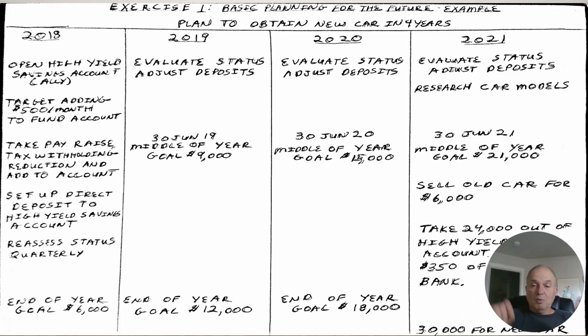Now think about this. If you want to get a deposit or a down payment for a new house, you want a new car, whatever, you can apply this to a lot of things. And they don't just have to be financial either. And we'll get more to that in some of the other exercises that I've got coming up here.